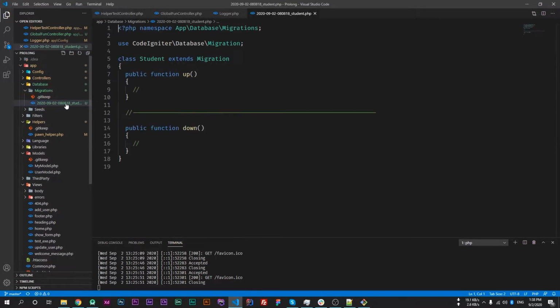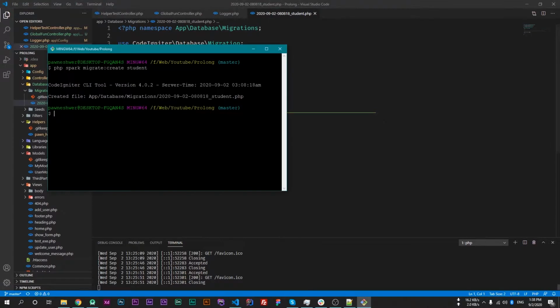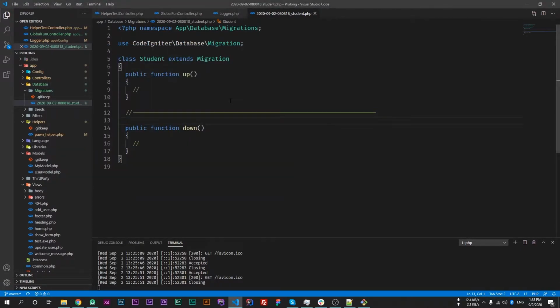So now we have that new file which is created through our command line. So there are two functions, up and down. The up function will be called when we run the migration to create our table, and the down function is called when we run the migration to delete the table.